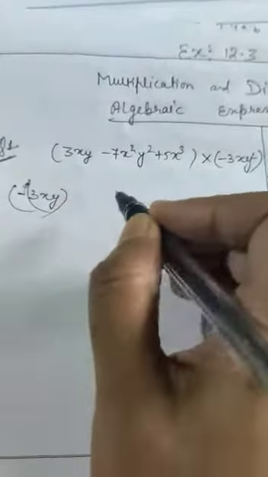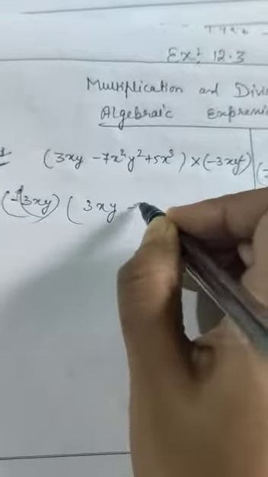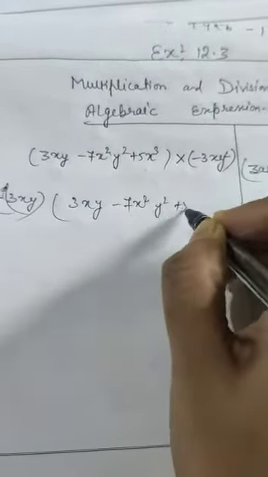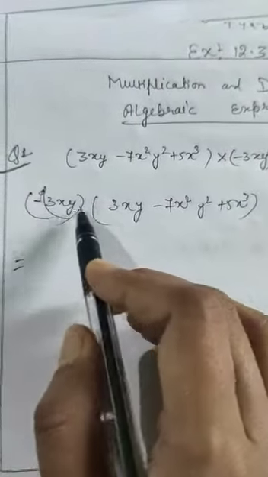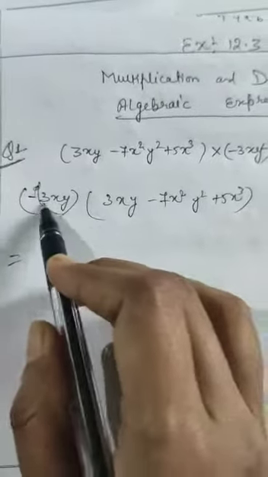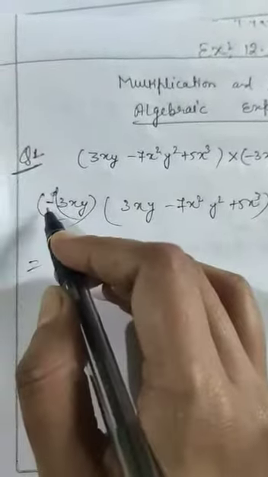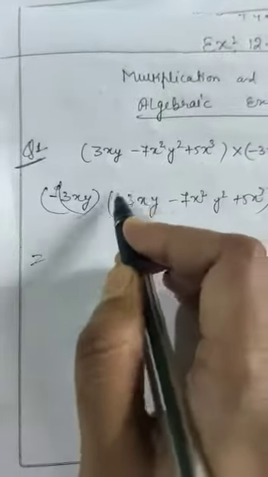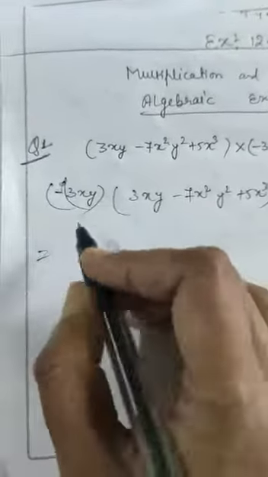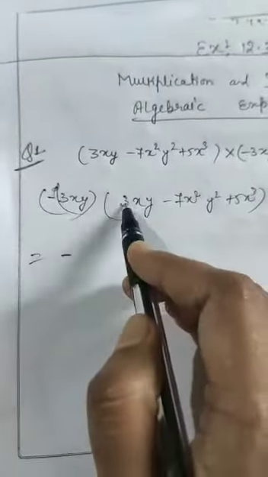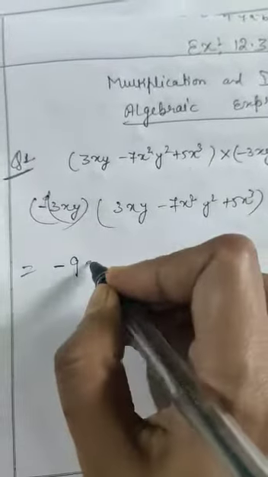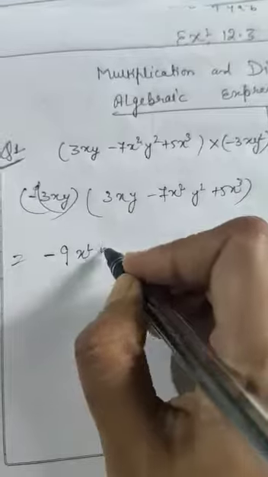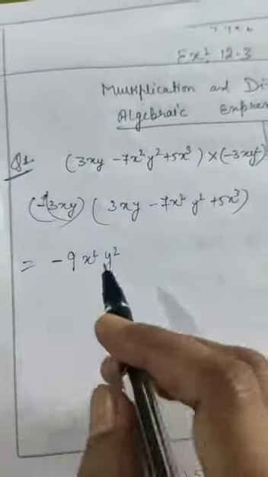Let's see. We will write this small one this side, and this one this side. It will be easy to multiply. Now first of all we will multiply the numeric value. 3 3s are 9. First of all multiply the sign. This is in minus, this full term is in plus. So minus times plus is minus. Then numeric value, 3 3s are 9. Now like variables: x into x, x square. Now y into y, y square. This is the way you have to multiply.